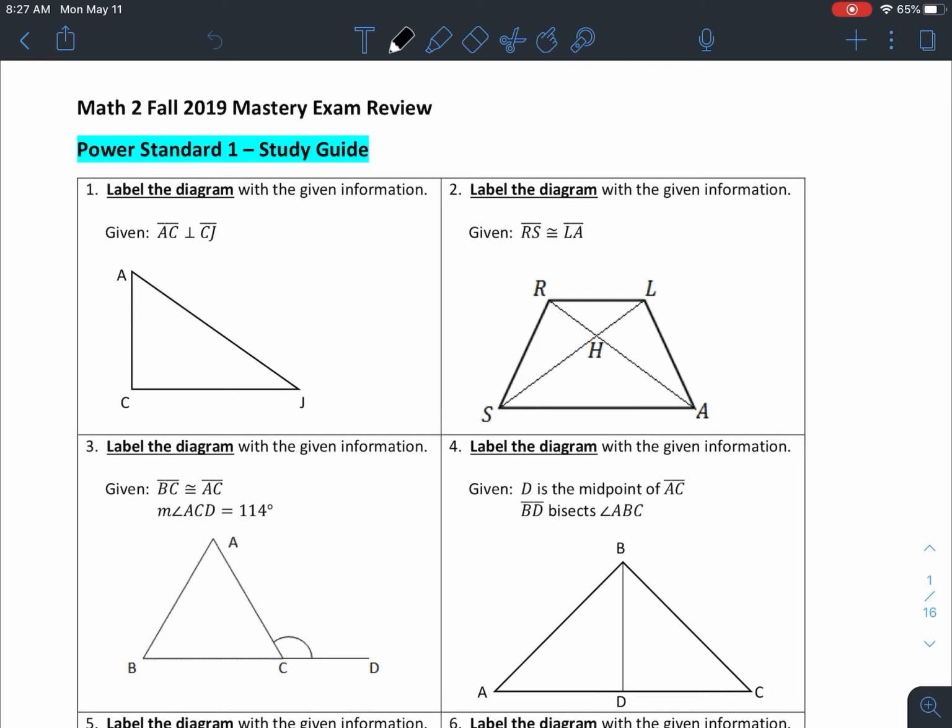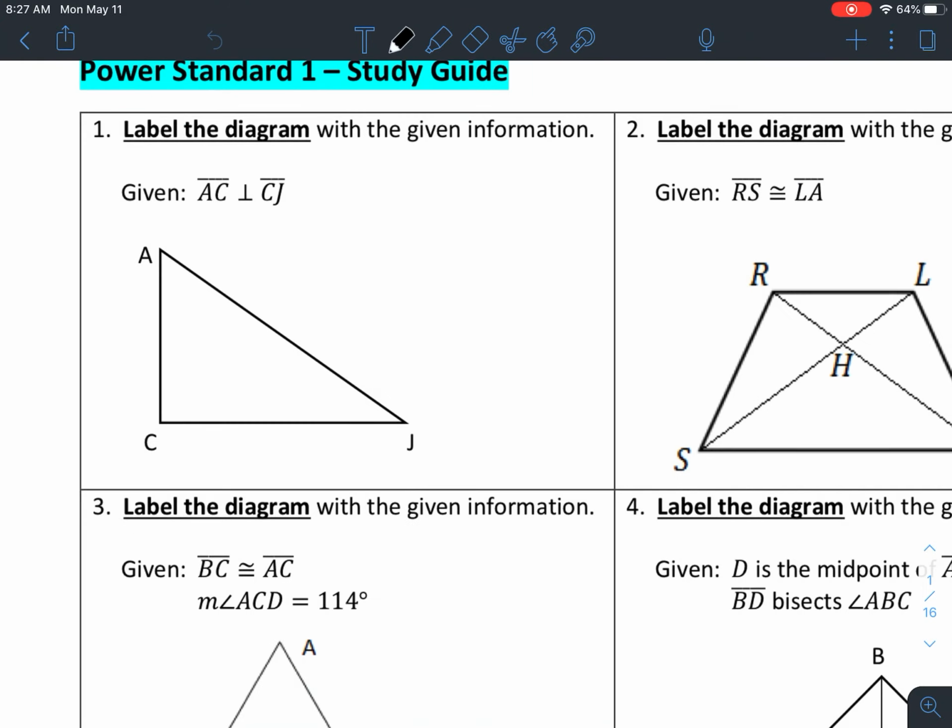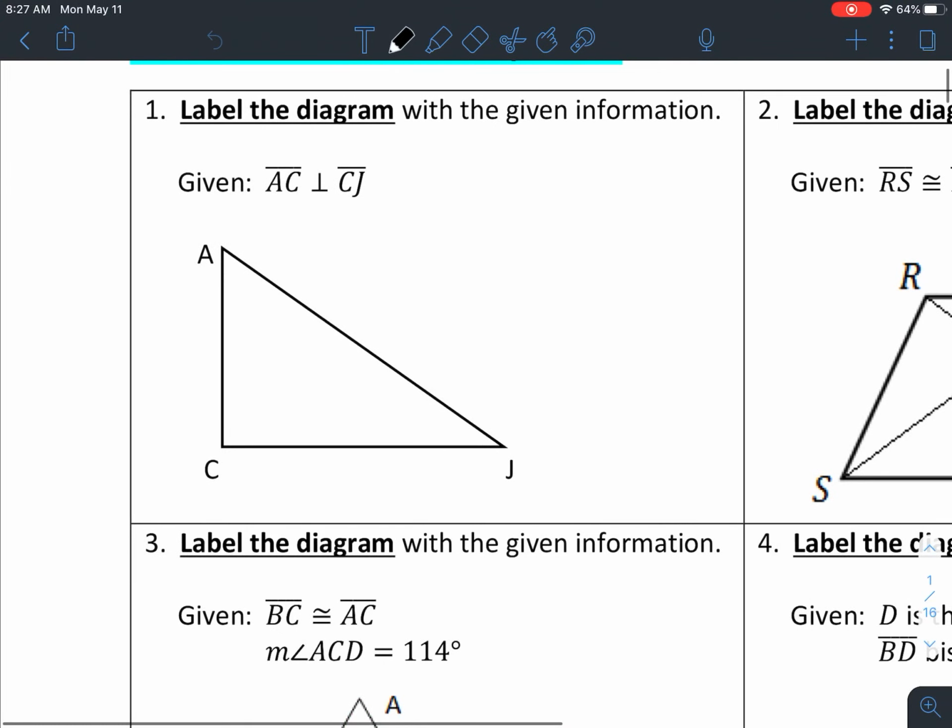So the first part is we're going to talk about standard 1, which is what I've taught you guys before, and is mainly about annotating, being able to draw and tell me what things are. So this first part says label the diagram with the given information. Given line segment AC is perpendicular to CJ. So we know they cross. So all you have to do is make a box like that, like a 90-degree box, and that tells me that you know that those are perpendicular, and that would be a 90-degree